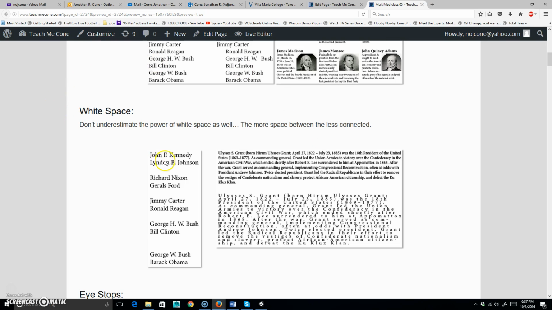So if we were looking at this list again, all right, so you can see I have groups of 2, right? And again, with proximity, you assume these 2 are something, these 2 are something, these 2 are something, these 2 are something, and these 2. But what you will notice that the last one, there's a slightly larger gap, right? It's got one more return, one more space, okay, between that one and this one. So you automatically assume that this has more importance. There's something significant about these 2 presidents as opposed to the other ones, because there's more space, there's more white